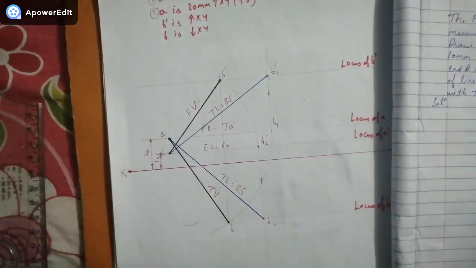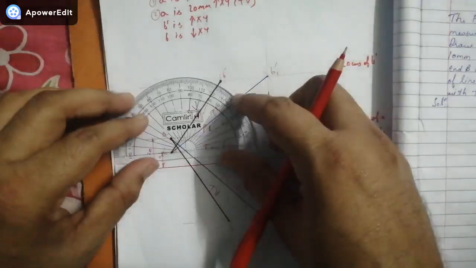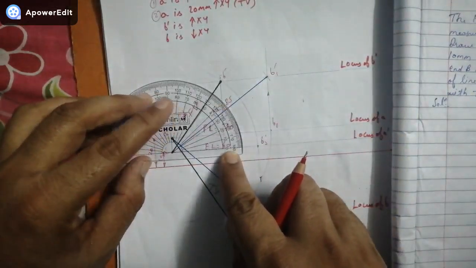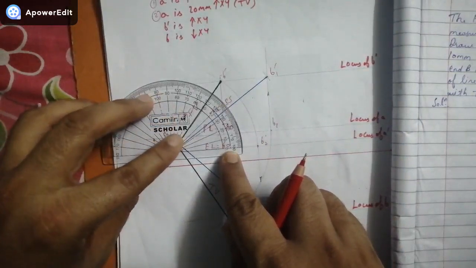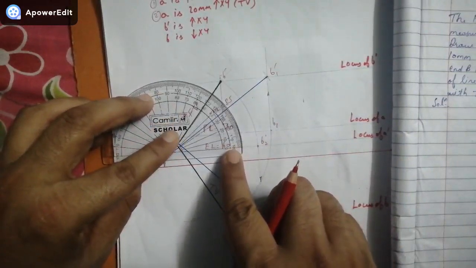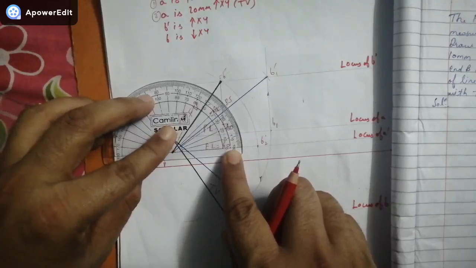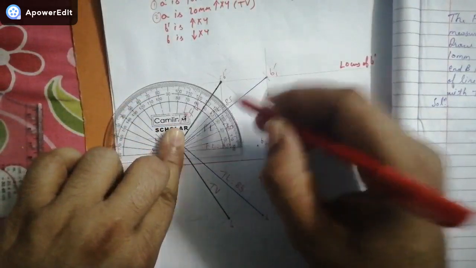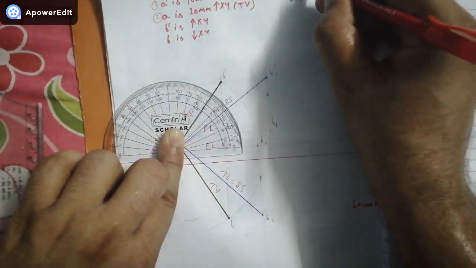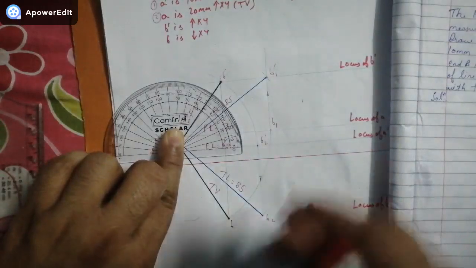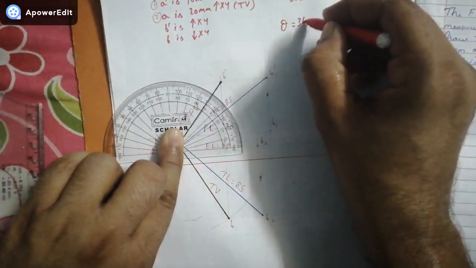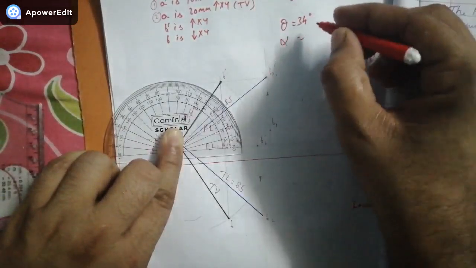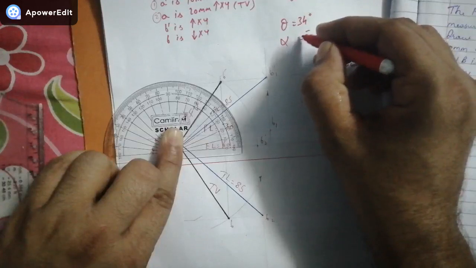Let us find out what was expected to find out for us in the problem. Okay, one by one. From here, let's get the values of theta and alpha first. Theta and alpha we are supposed to find out. Okay, how do we get that? Theta and alpha. So first, as you all can see, theta comes out to 34 degrees. So I can write it over here, theta is equal to 34 degrees, alpha is equal to, I can see it over here, it is 51 degrees.